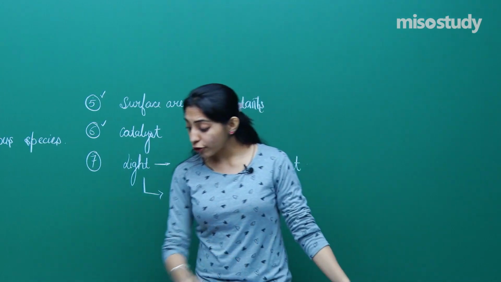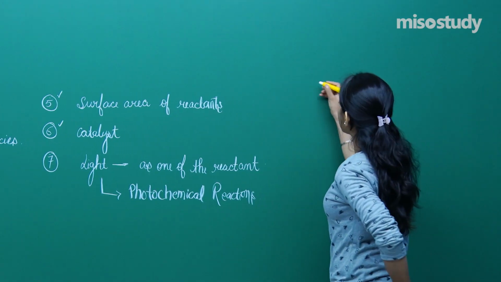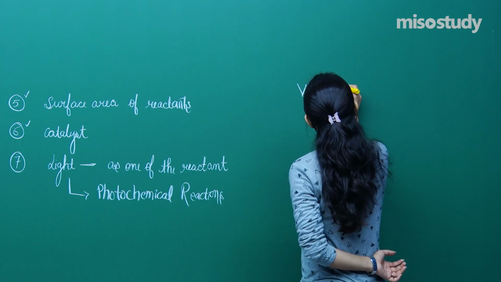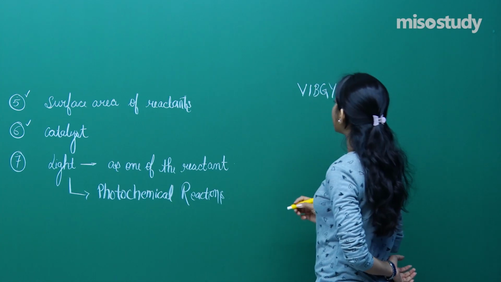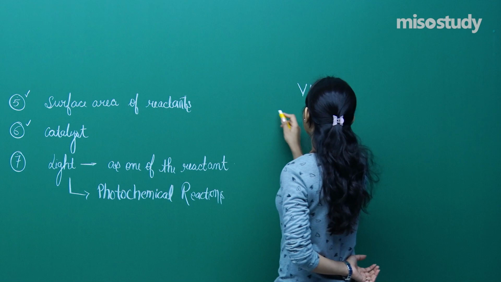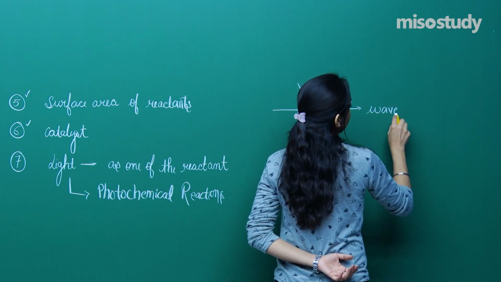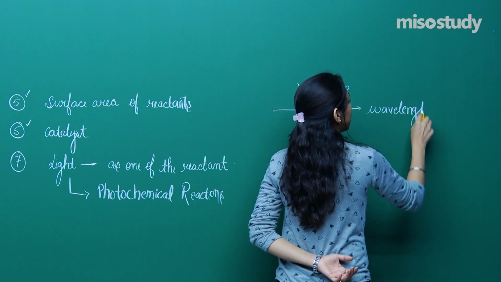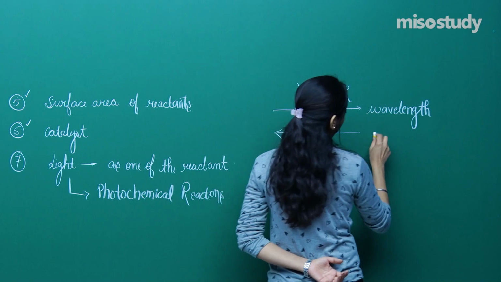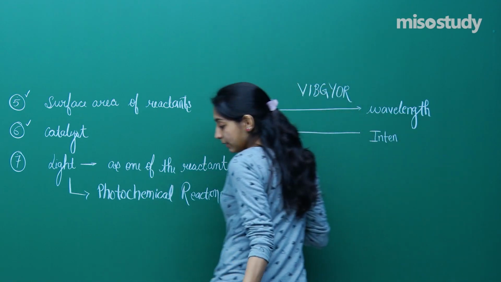Okay. Now you know the light spectrum, right? You can divide the light into 7 colors and then you can state it as: violet, indigo, blue, green, yellow, orange, red, right? And if you write it like this, then this is the increasing order of wavelength, and the vice versa will be the increasing order of intensity. Frequency.